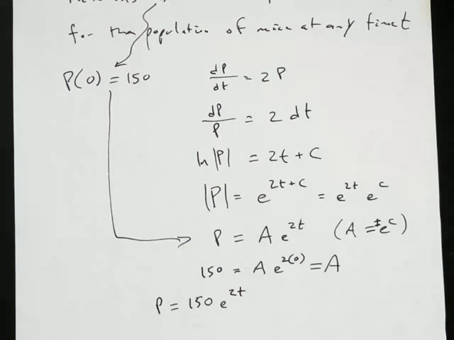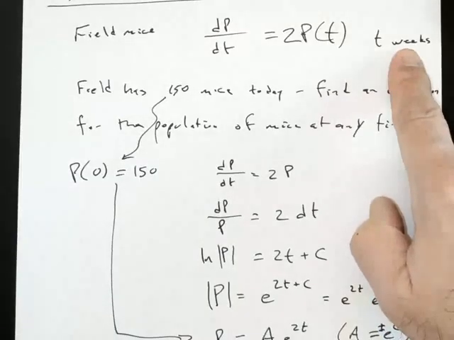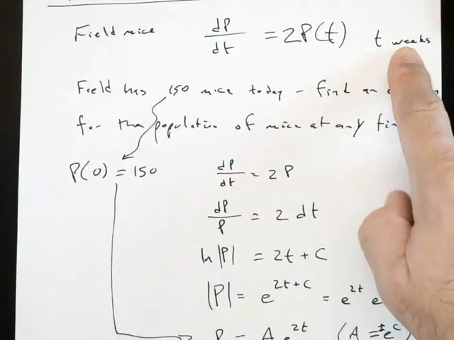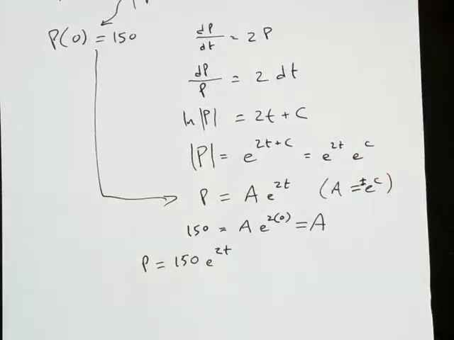Assuming this model is correct, what is the population of mice in this field in a month? 2 to the 60 times 150. I don't know where you got 60. I'm doing t is 30 days per month. But t is in weeks, not days. So I'm going to use 4 weeks for a month. And then I can say my population